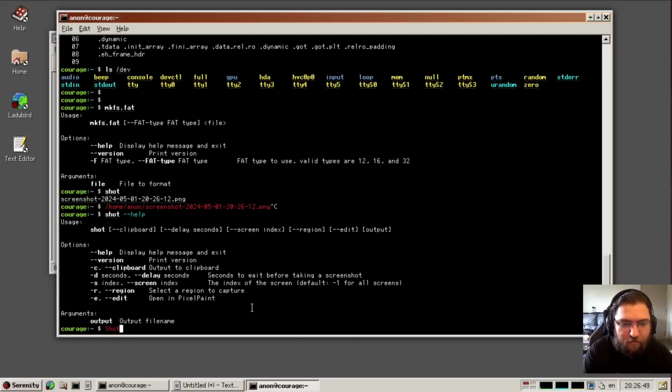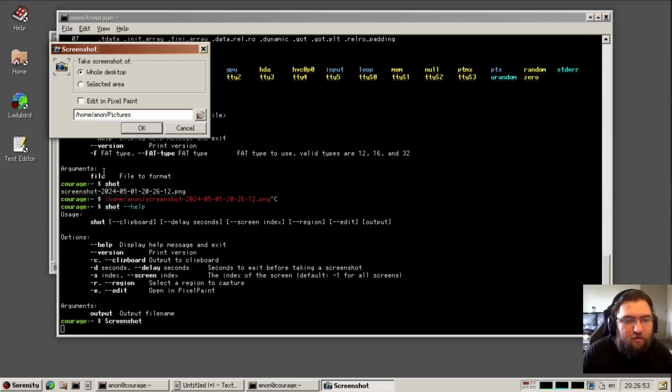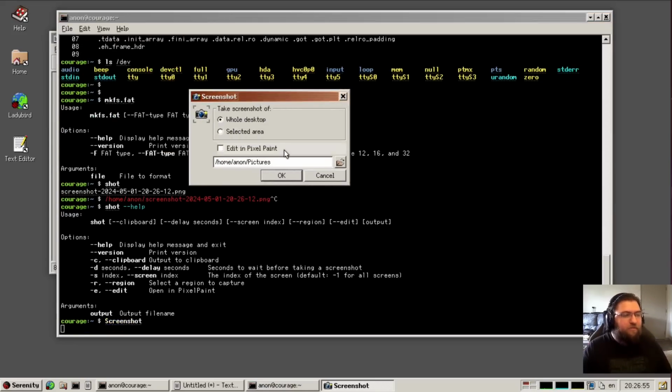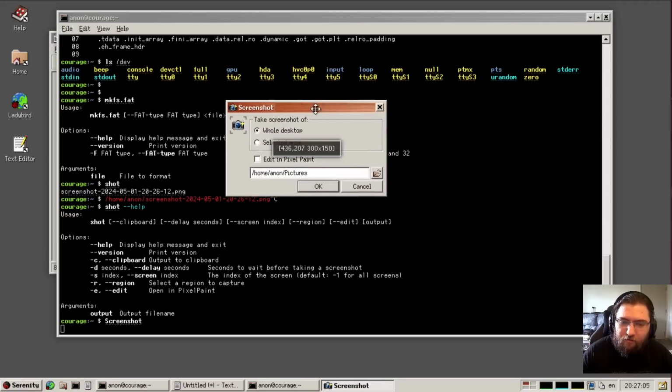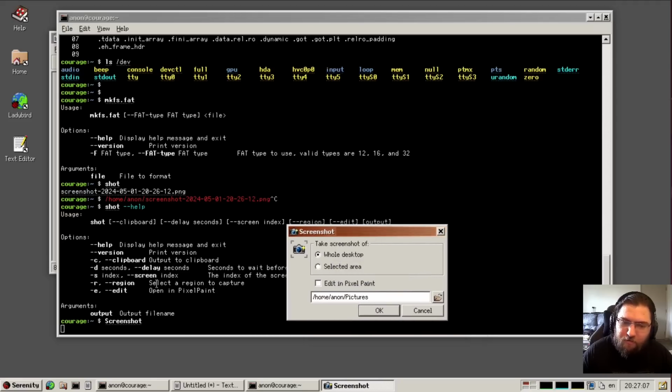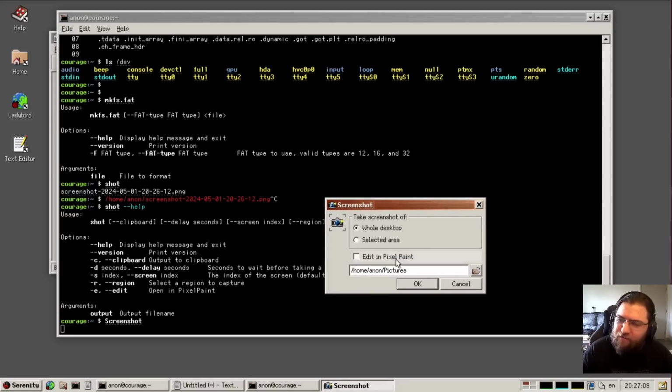So now we have a graphical utility called Screenshot. This is something that was added by, well, it started by Cubic Love and then finished up by Circle, last name I believe is their name on GitHub. So now we have a little graphical front end that mirrors these options. It looks like it's missing a couple. Might be a good patch for someone, but